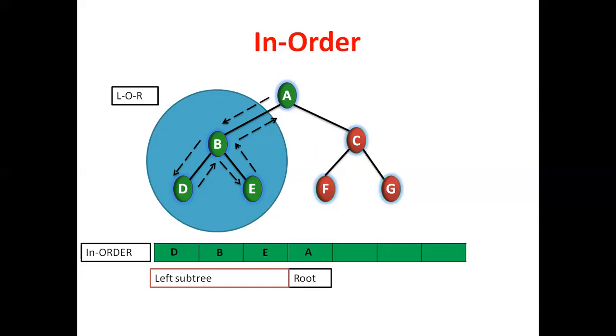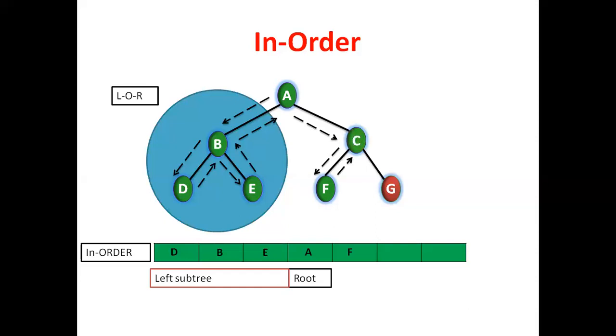Now think about the right subtree. Again check whether the right subtree contains a single node or a subtree. It is a subtree. Now traveling to find the left node. Is there any left node for C? Yes, F. Is there any left node for F? No. So visit the left part, that is F, because F is the left of C. Then the root node: what is the root of F? C is the root of F. Visit that node.